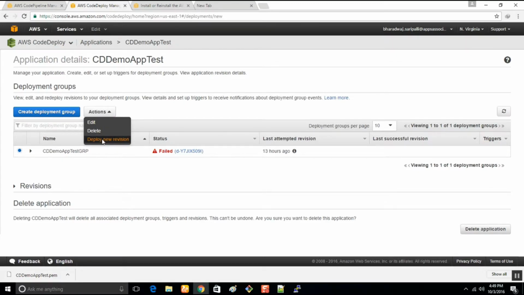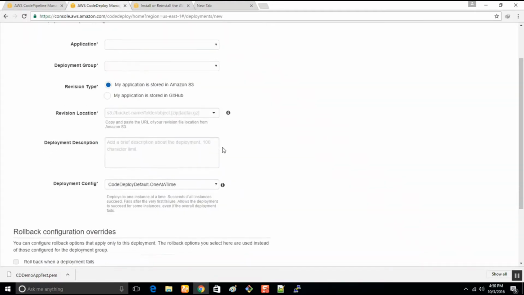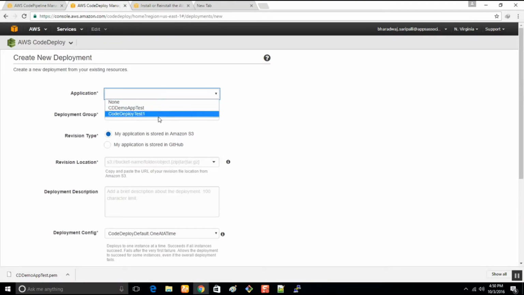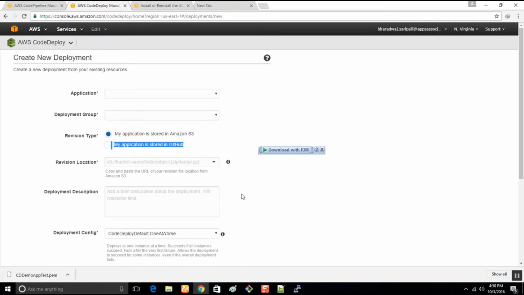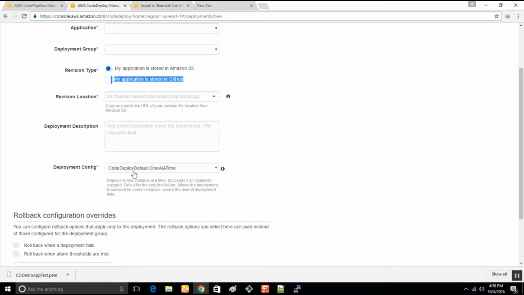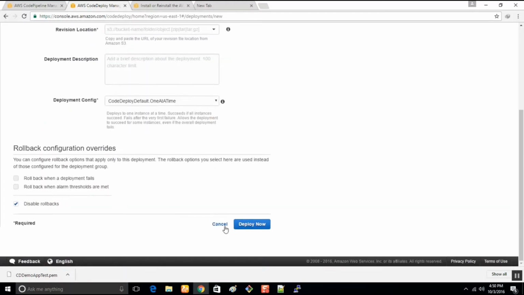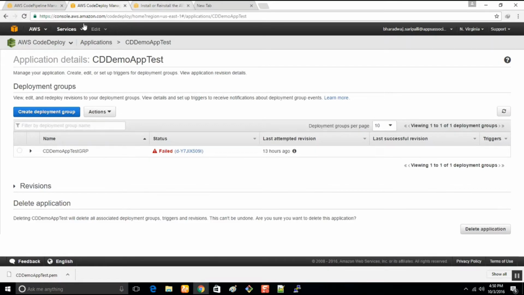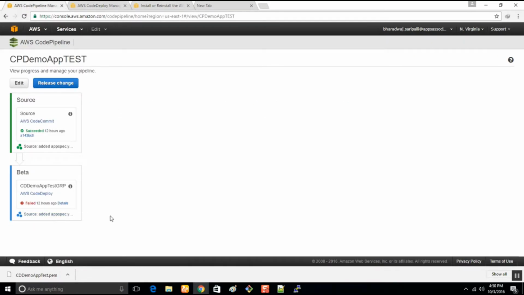Deploy new revision. You can even do it this way. Of application, which one? Deployment group, revision location, which type, hit deploy. For now we'll be doing it using code pipeline itself.